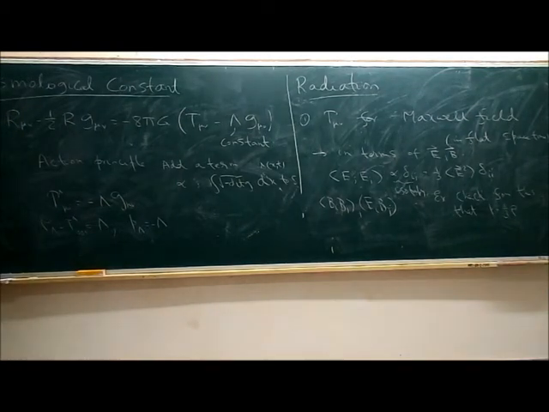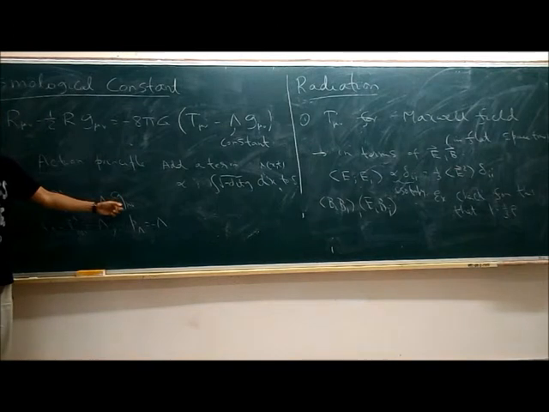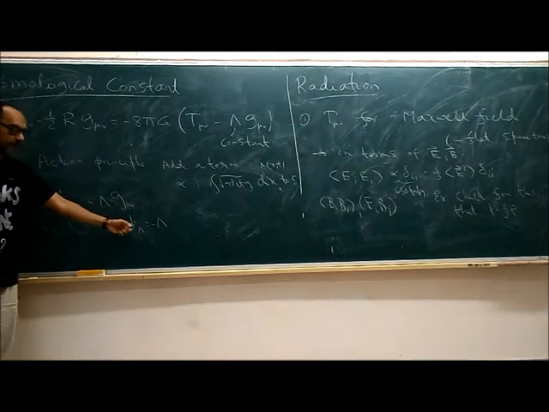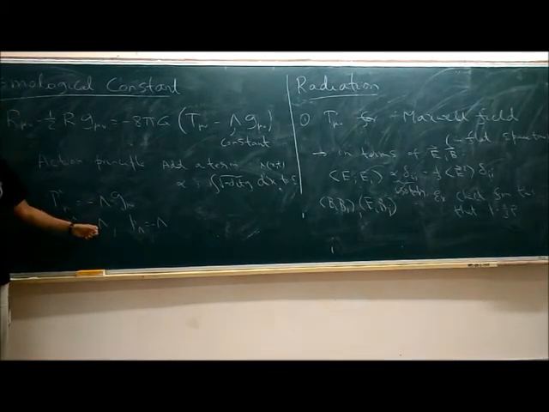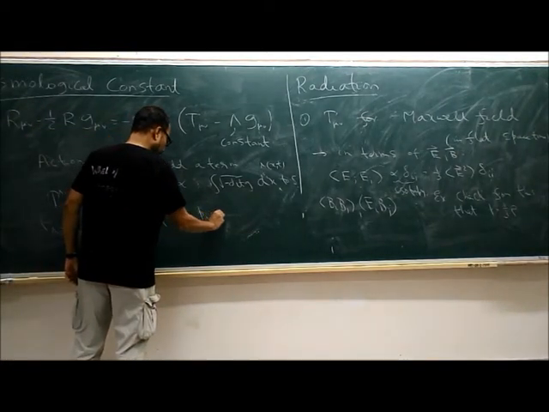Sir, when the signature is plus minus minus minus, there its sign is plus. Yeah, I think for plus minus minus minus, the sign will be plus. I have to rework out the signs, right? But we are using minus plus plus plus, so there the sign is minus. Okay, is this clear? T ij is minus lambda g ij, right? And P by definition is the proportionality constant between T ij and g ij. That's why P lambda is minus lambda, and rho lambda is lambda. So this gives us that P lambda equals minus rho lambda.